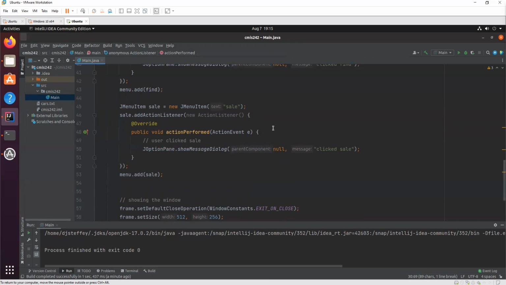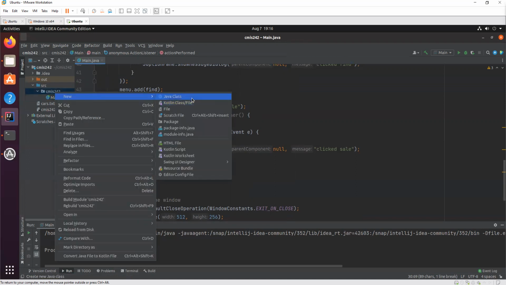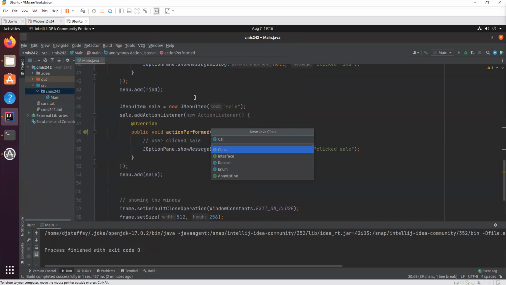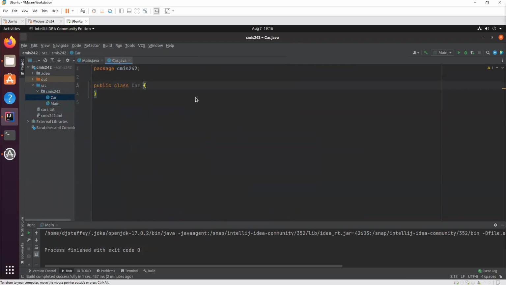Let's take a step back and let's start looking at the other things we need for our car sales lot, right? Which is pretty analogous to what your media rental system is for your assignment. So let's think about selling cars. So first we need a car class that is our car, right?